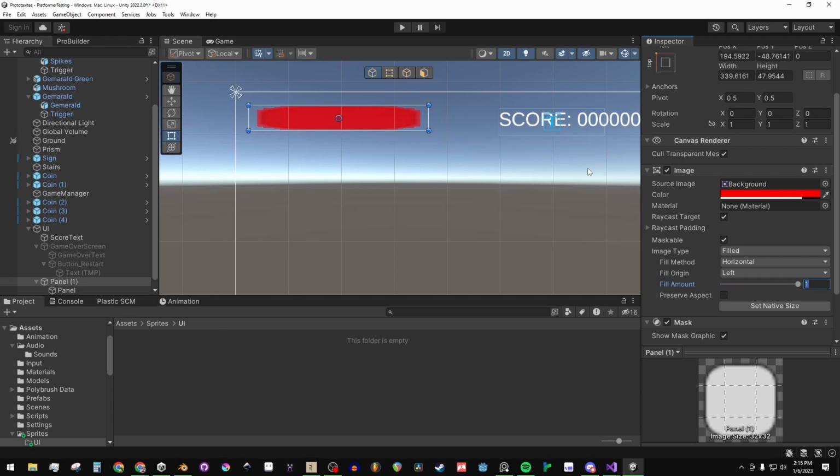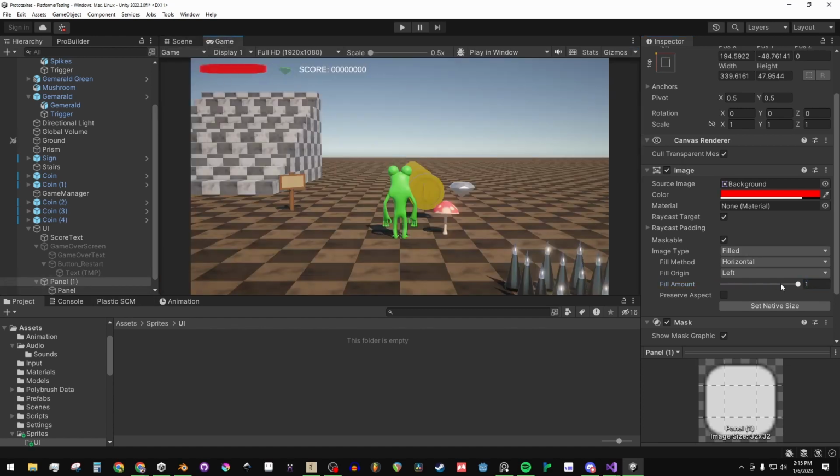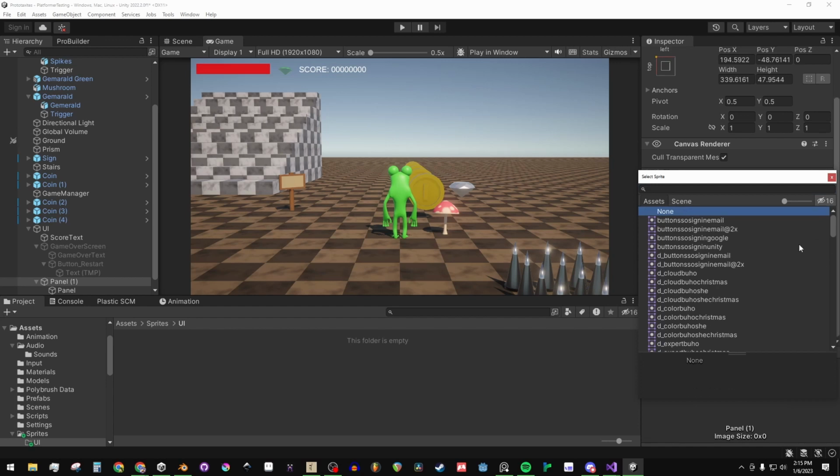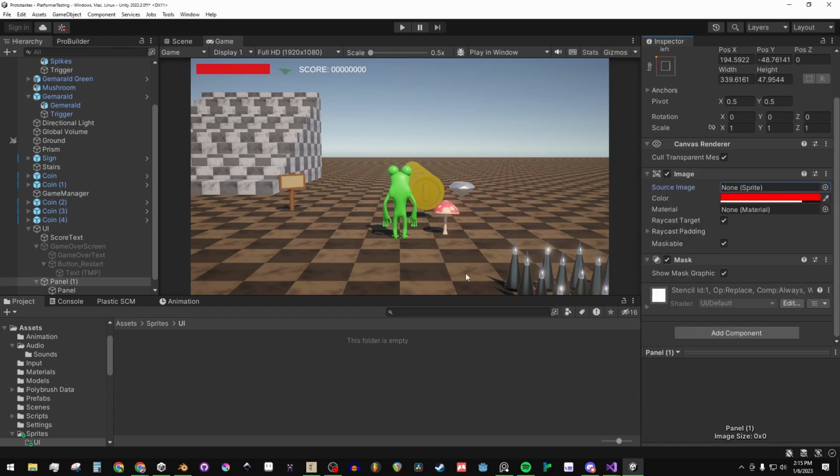Alright, so that mostly works. Looks a little funky because it's stretched weirdly. If I just set it to none, I think